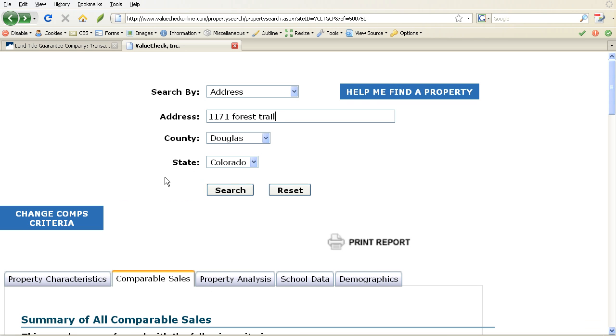So that's a very quick demonstration of the power of Value Check that is now added to the Land Title